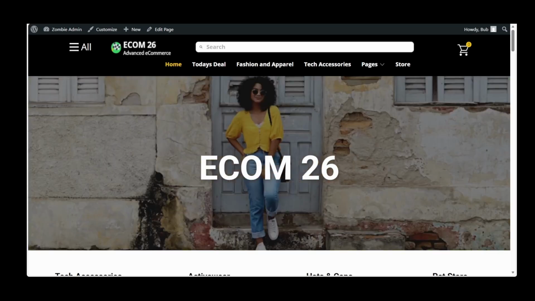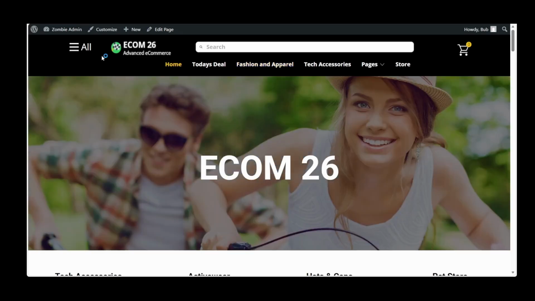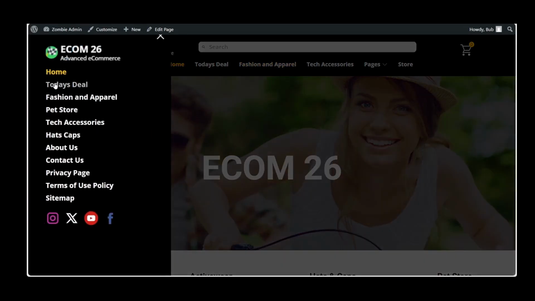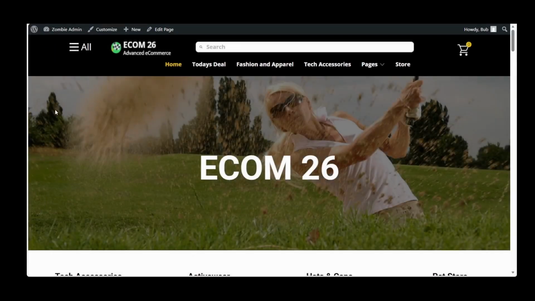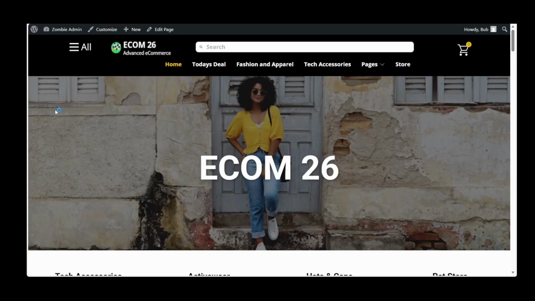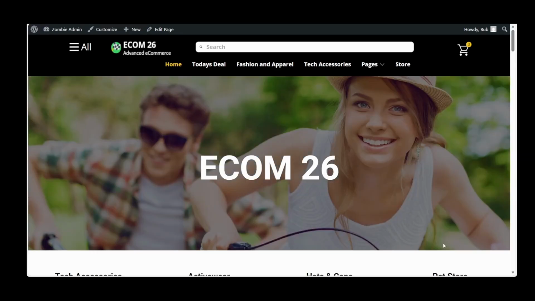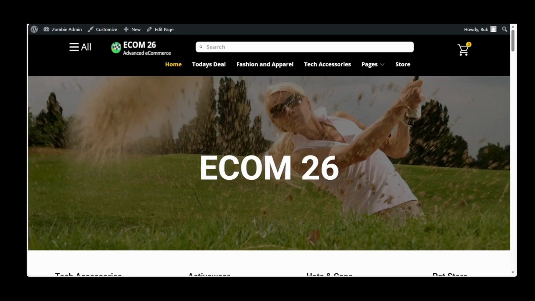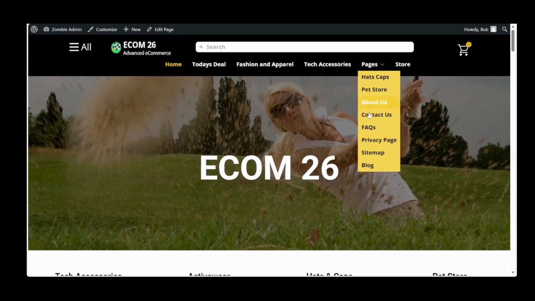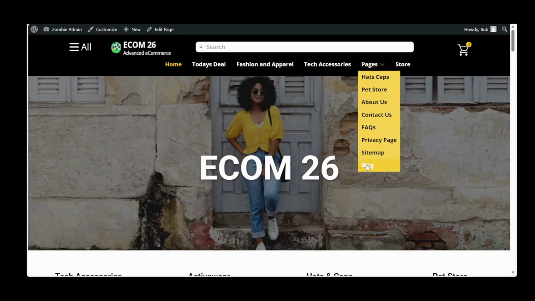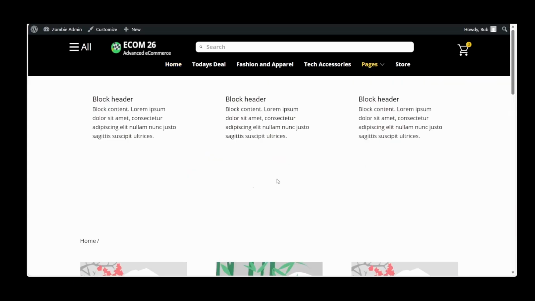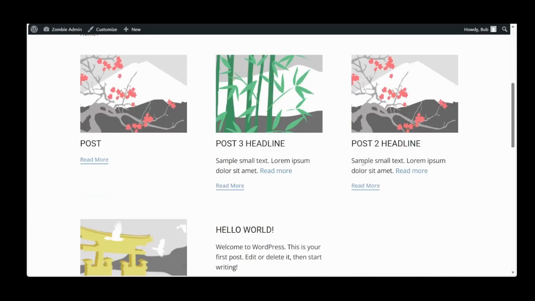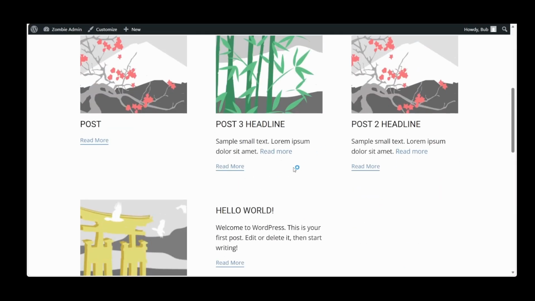You'll see the navigation again, and then you'll see the navigation for our home menu, which when I click on it, links to nowhere. So we're going to have to go back to the back end and fix this, which is not a problem, very easy to do. And we'll customize that as well. Let's navigate to the blog page. And you'll see these are all our custom widget areas that are showing, but you'll see right here in our post section that we have 2 read more links. We need to fix this, which is pretty easy, and we'll do this in the back end as well.